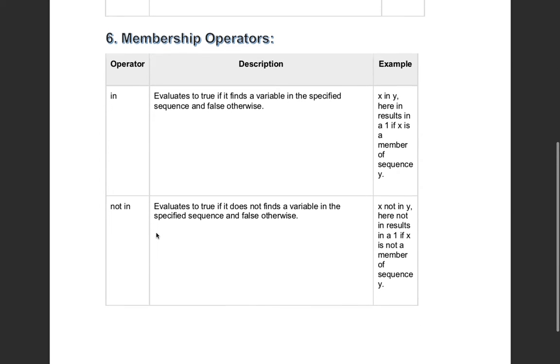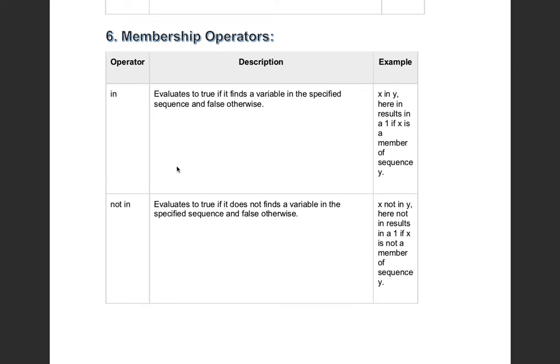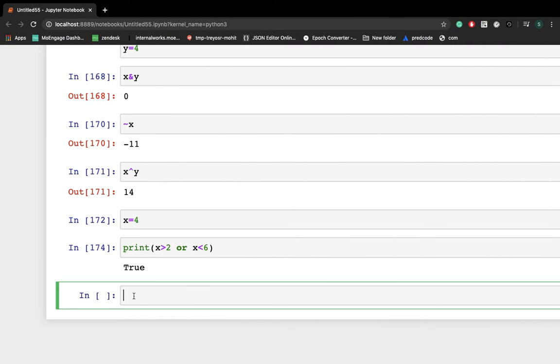Next, the membership operator, right? So why do we use the membership operator? Membership operators are used to test if a sequence is present in an object or not, right? You will use this many times while writing Python code, so let's just understand it with a practical example. Let's say I'm writing x as a variable. Now I'm putting a few elements in a list: my name Sashank, and Singh, which is my surname.